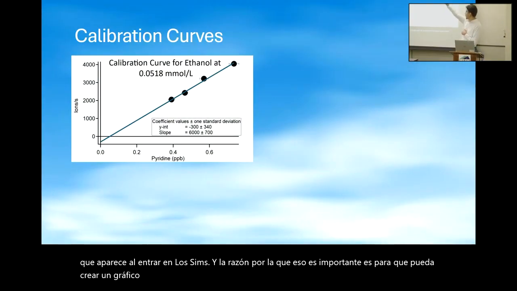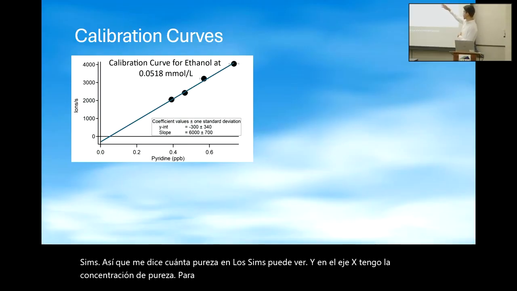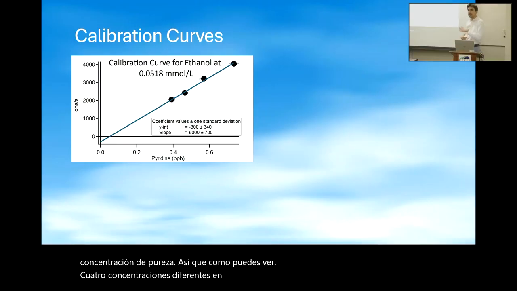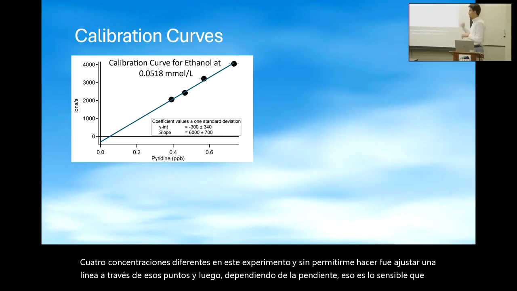So on the y-axis, it has the signal of the CIMS. So it tells me how much pyridine the CIMS can see. And on the x-axis, I have the concentration of pyridine. As you can see, I used 4 different concentrations of pyridine in this experiment. And what that allowed me to do was fit a line through those points. And then depending on the slope, that's how sensitive the CIMS is to pyridine at that specific